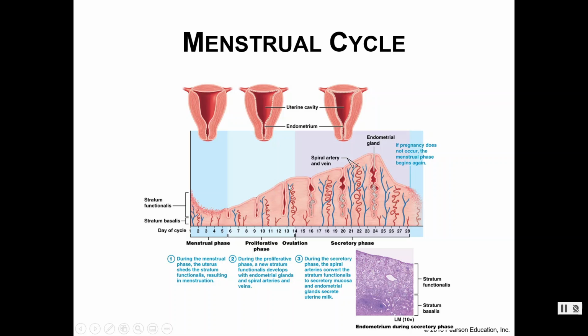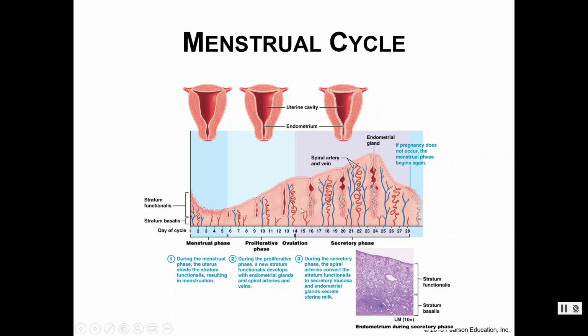Okay. Ovulation occurs at day 14. We're going to have to continue preparing the endometrium. So notice the thickening continues. Vascularization has greatly increased. And then we've got the endometrial glands that are secreting all of that mucus to create that mucus plug. So again, if by this time